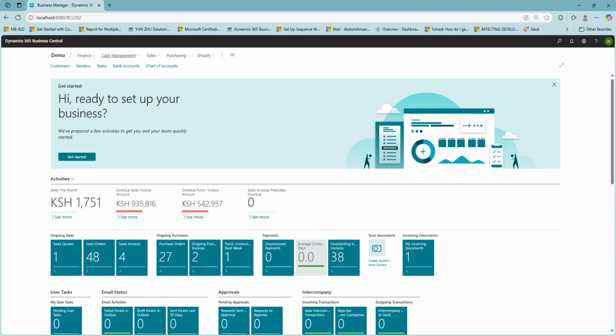Now, without wasting time, we'll dive into a quick demo of setting up cash flow forecast. So we are going to start with the main components of the chart of cash flow accounts, and moving forward, you'll be able to have a clear understanding of that. Okay, so